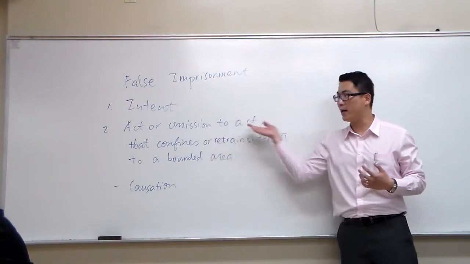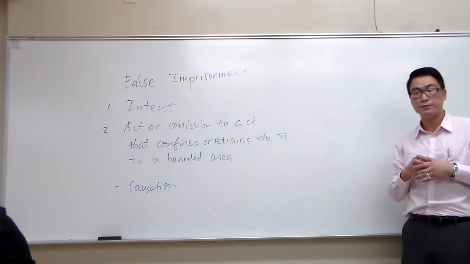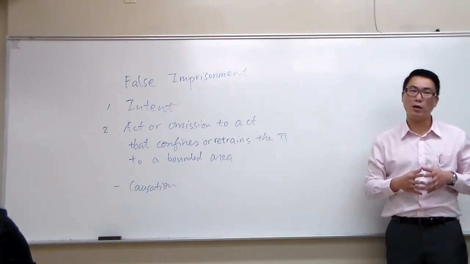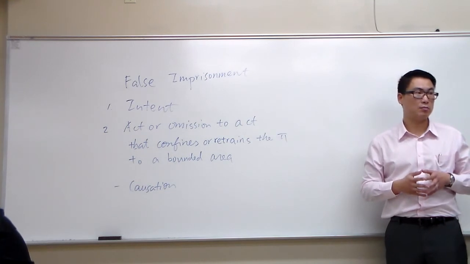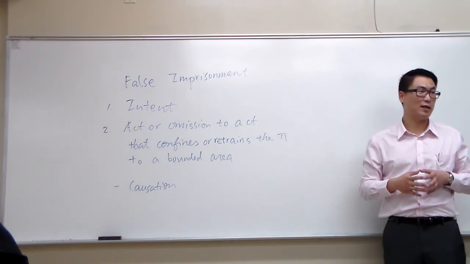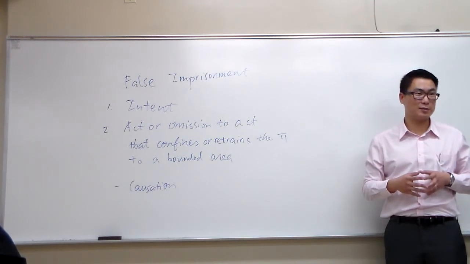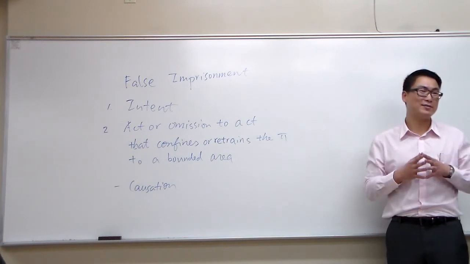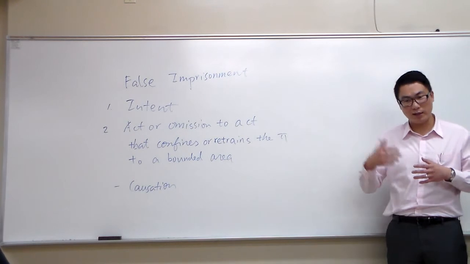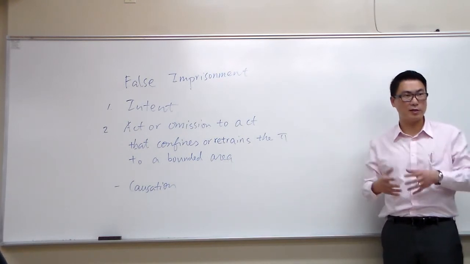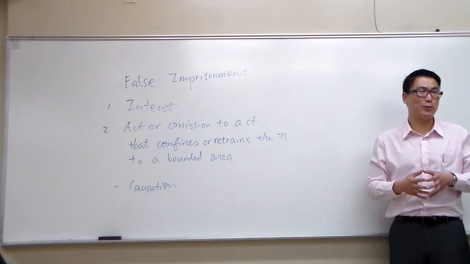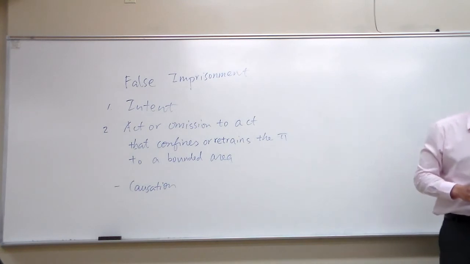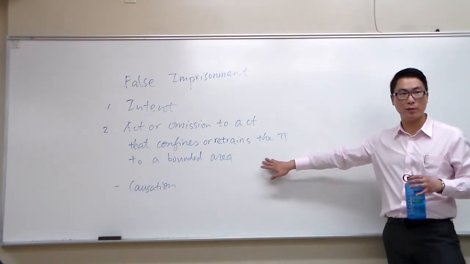So was it an act or an omission to act? Omission. Was it a bounded area? Well, I would argue that it is not a bounded area. He could have left, but the SFPD would have come and you would have been in danger of getting arrested. Everybody left already. I'm assuming when he leaves the building and triggers the alarm, he'll probably just take off. He wouldn't wait for the cop to get there. I don't know, maybe. Okay, now, any questions about false imprisonment?